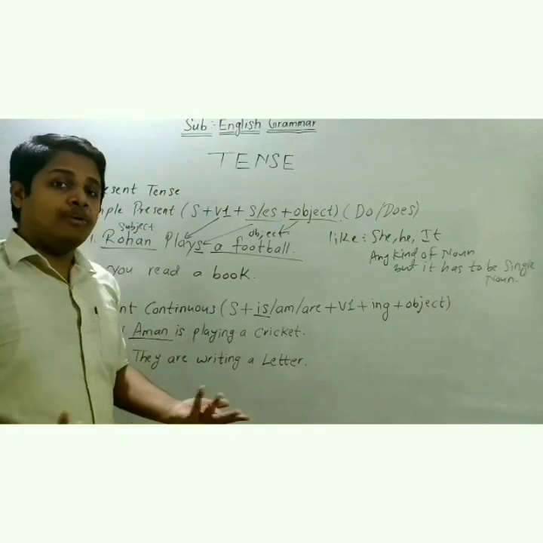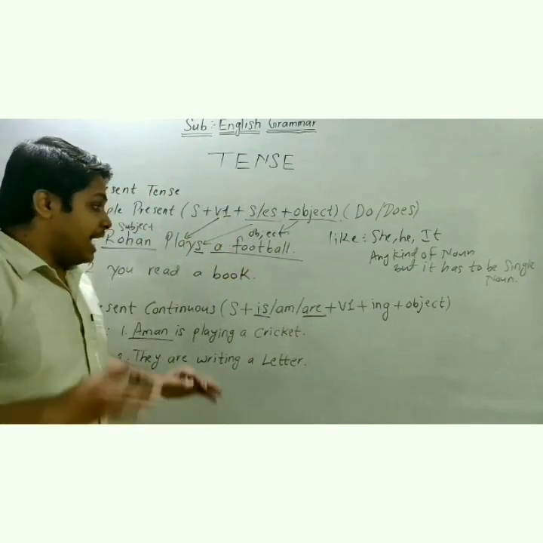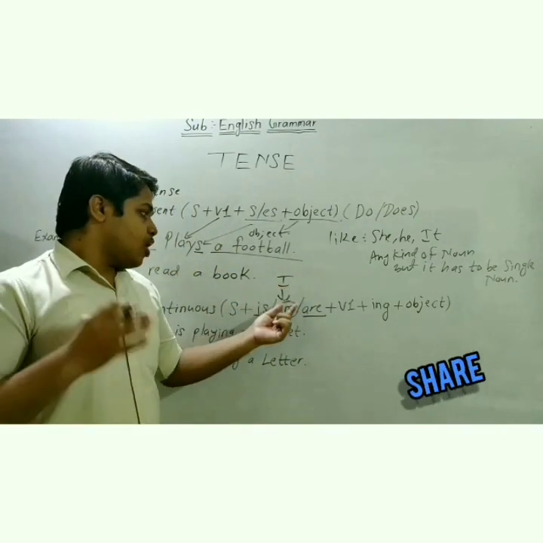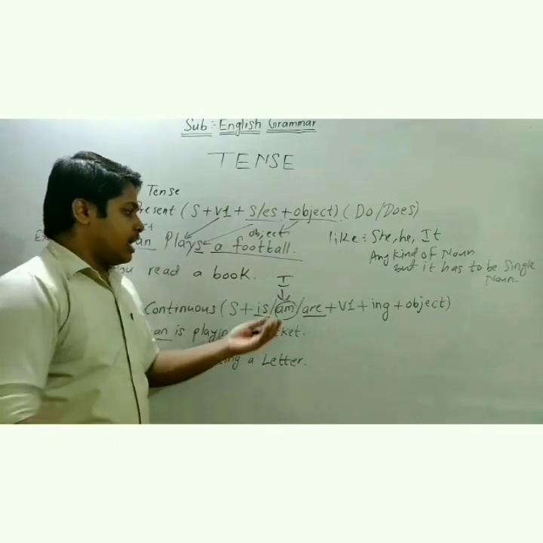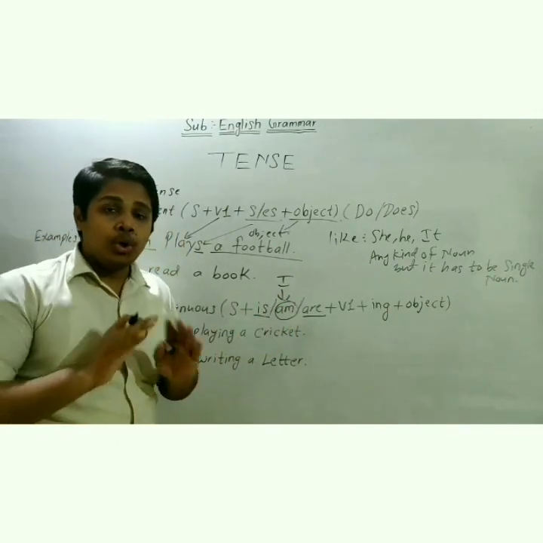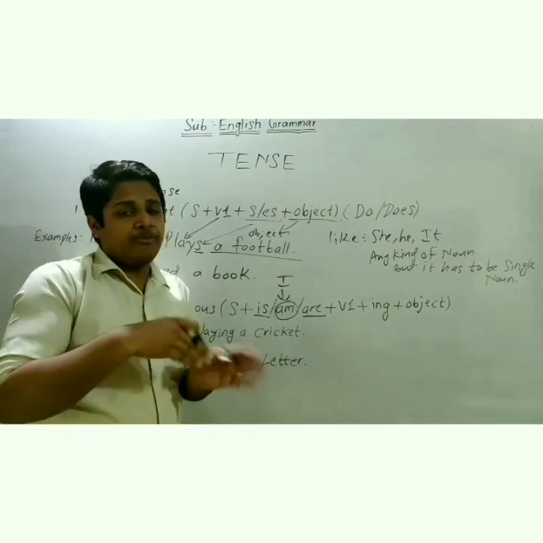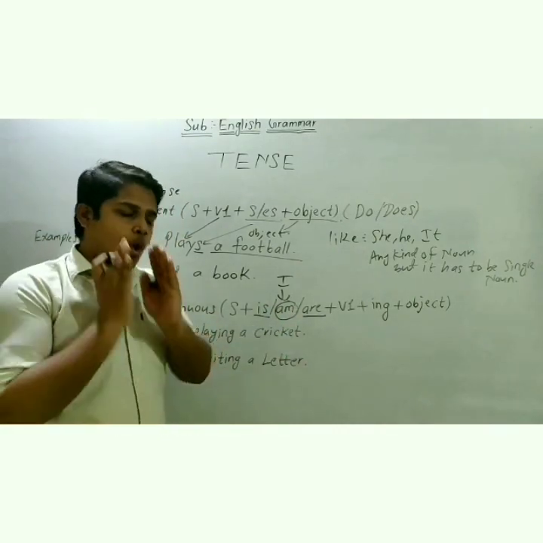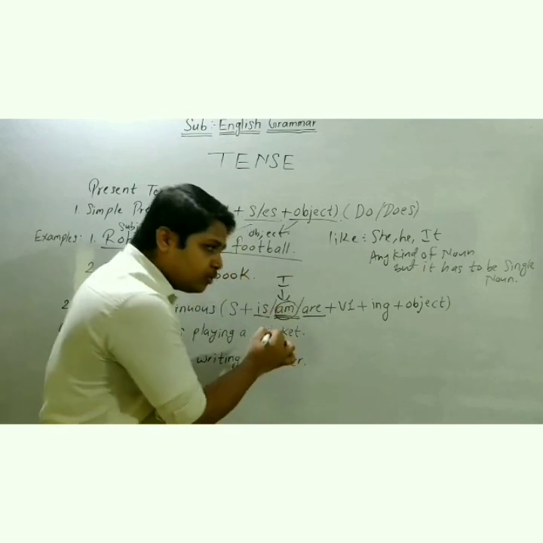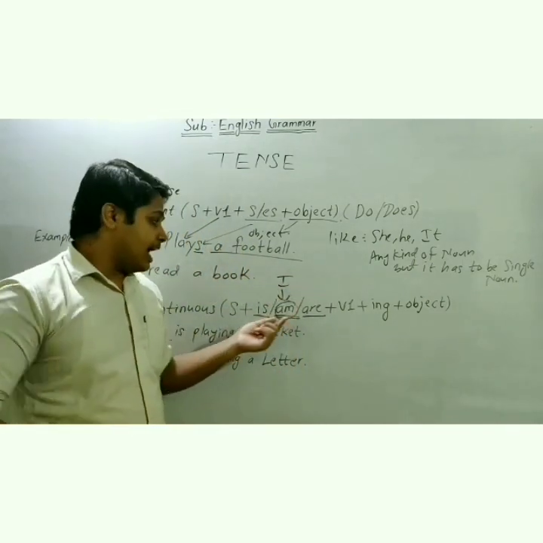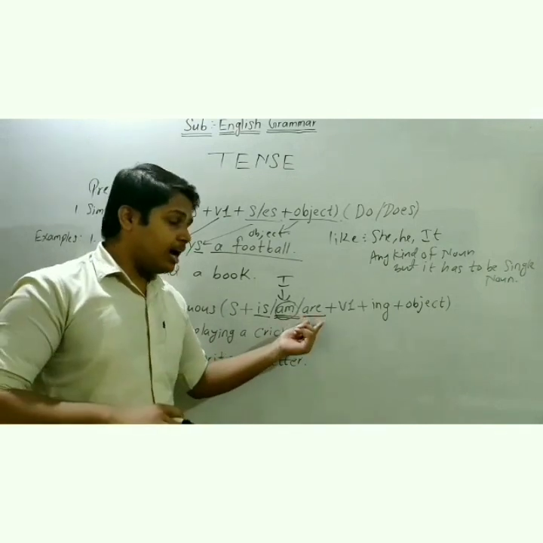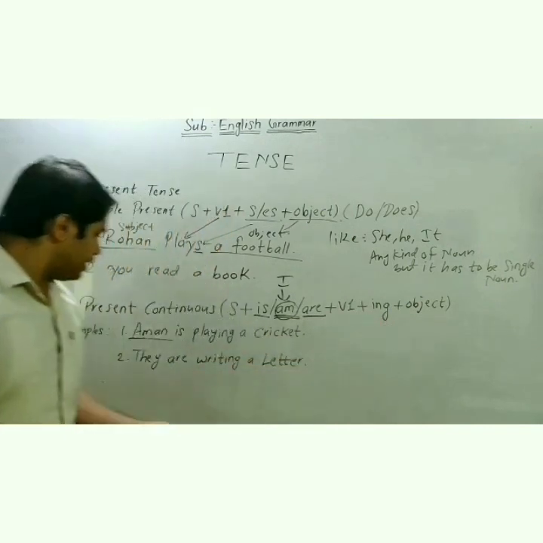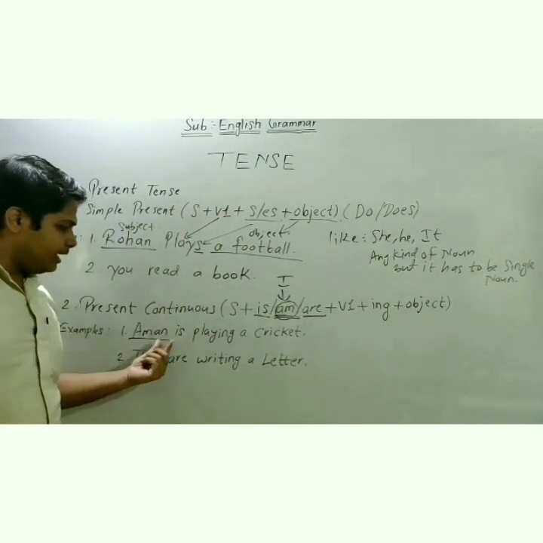If it is a plural noun, what do we use? Are. Always remember it. And if there is I, we have to use only am. If I is the subject, we have to use am. Don't use am after he. If you write he and after that am, that is wrong, because this helping verb am is only used for the pronoun I, is for the single noun and are for the plural noun. And after that, verb first form plus ing. According to that, Aman is playing.